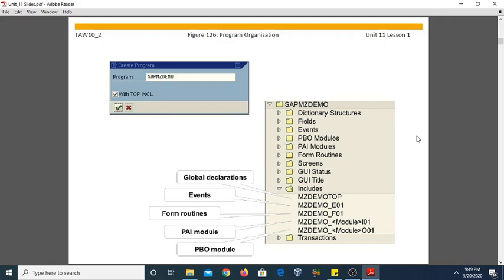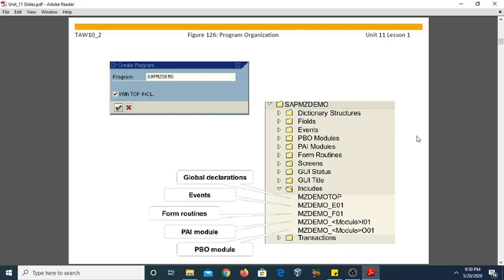Now, when you want to create include programs, there is a need of management of these modules, because include programs include a number of sub modules, and these modules must be managed, or you may say these programs must be organized. Organization of these programs can be done with the help of SE80, that is also called Object Navigator.